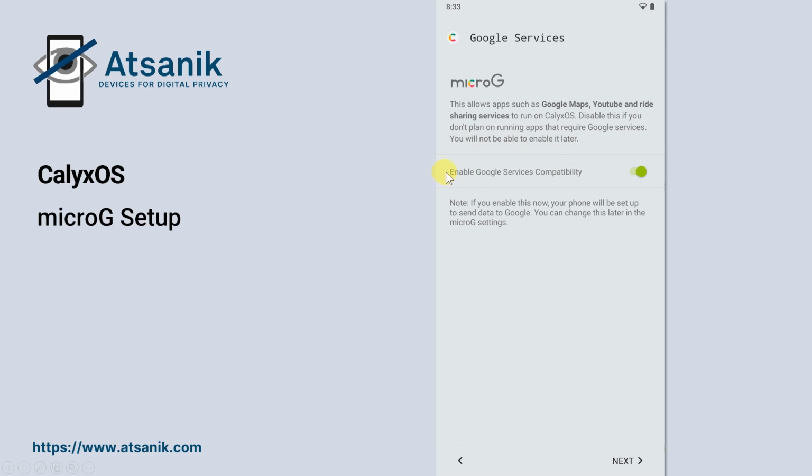It provides a background service that's linked to Google that allows many apps to function properly. microG replaces some of these Google Play services and allows many apps that require it to work without needing to install Play Services itself. But unlike Google Play Services, microG itself does not track user activity on the device, but depending on how it's set up, some data can be shared with Google. microG eliminates or minimizes information sent to Google and other third parties from your device. And you can selectively enable and disable specific features, so I'll go over that later on in the microG chapter